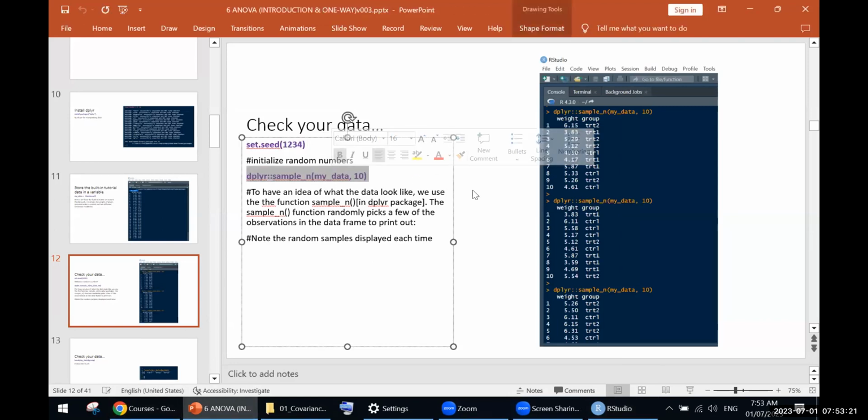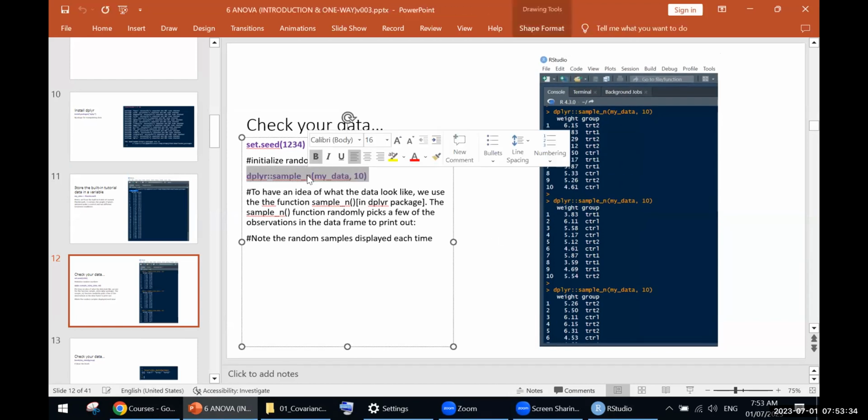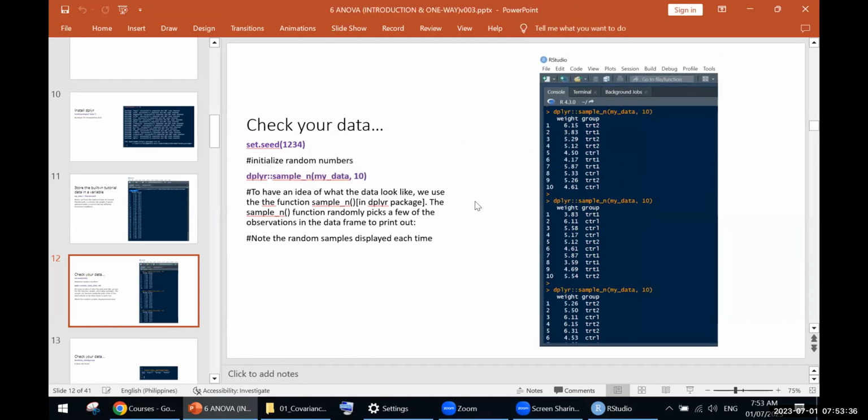And then we can just type this dplyr sample_n my data command. What this command is doing is you're just trying to see an excerpt of the data. This command is useful when you're trying to view data that has like 1,000 or 500 or a lot of